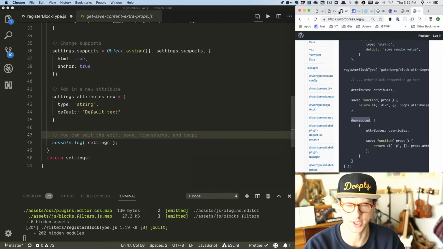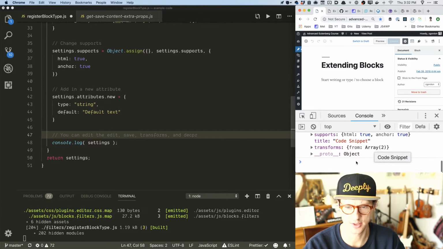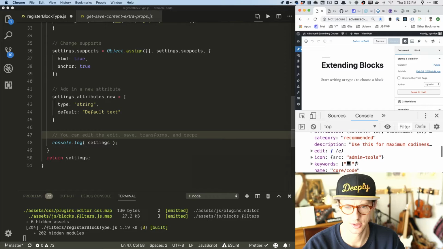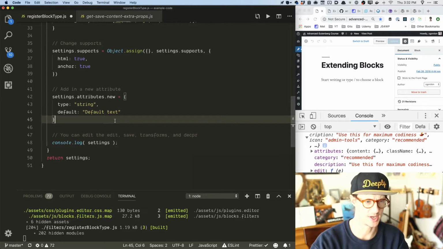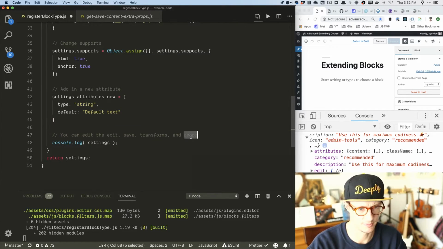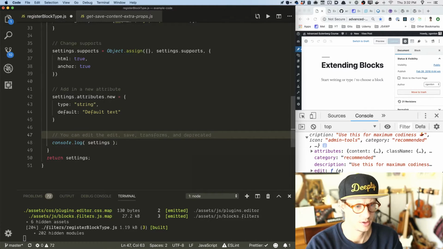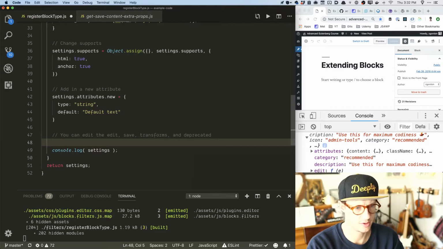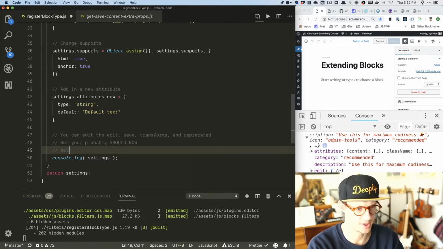I assume you could change deprecated, can you? Is it hooked onto settings? It's not, but maybe code doesn't have a deprecated one. I don't know. You can edit the edit, save, trans, but you probably should not. So then I'll just leave these like settings dot edit is equal to